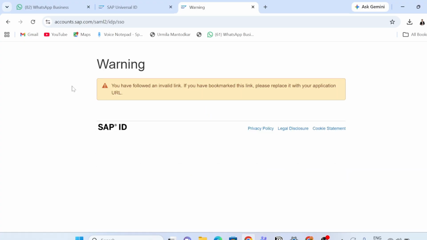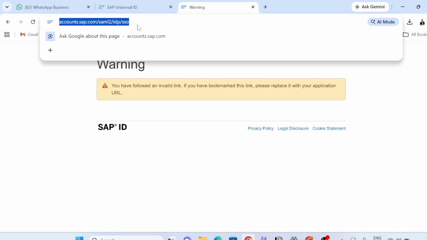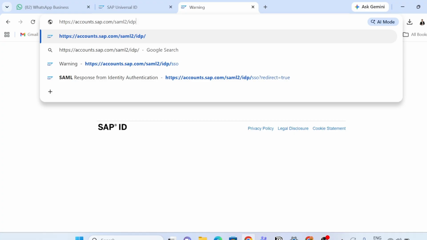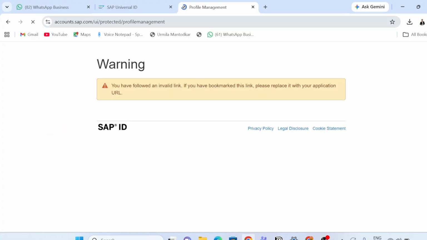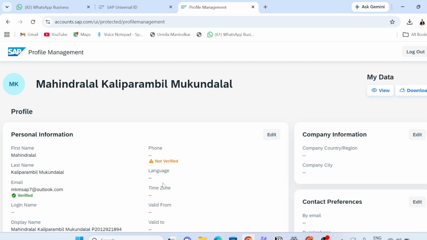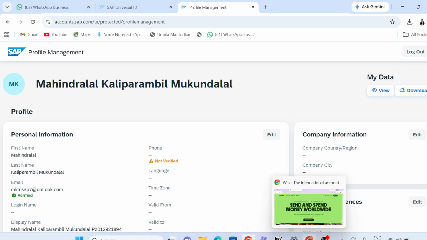Then this screen will open. First you just need to log in, and a profile icon will come, and you just need to click on that. Let me show you that also.